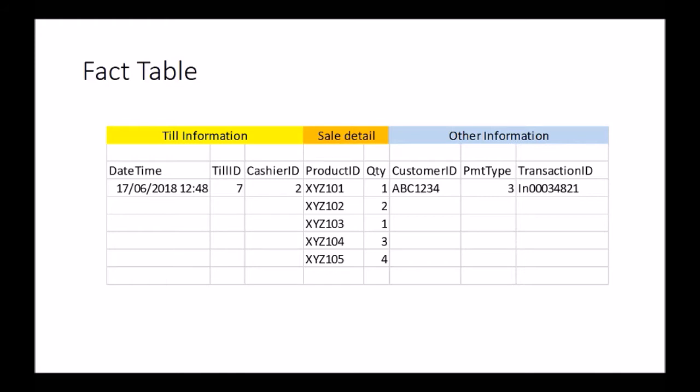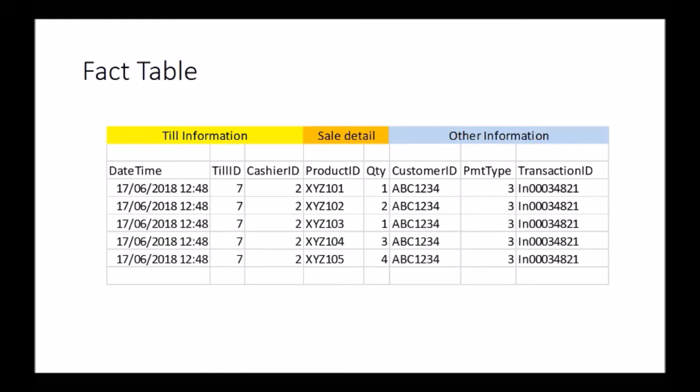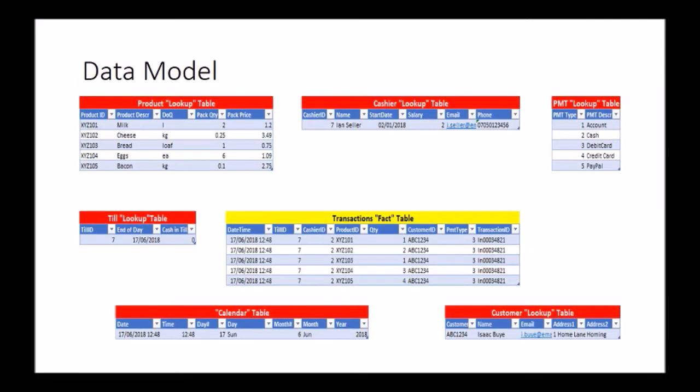We need to actually fill all the fields down so that each line is consistent, and this is done automatically in the tills. This then becomes our fact table, which is central and is surrounded by lookup tables. Now each of these lookup tables needs to have some kind of relationship with the fact table. So the relationships are built by having what's called common columns, and for example here we have cashier IDs in our transactions fact table,